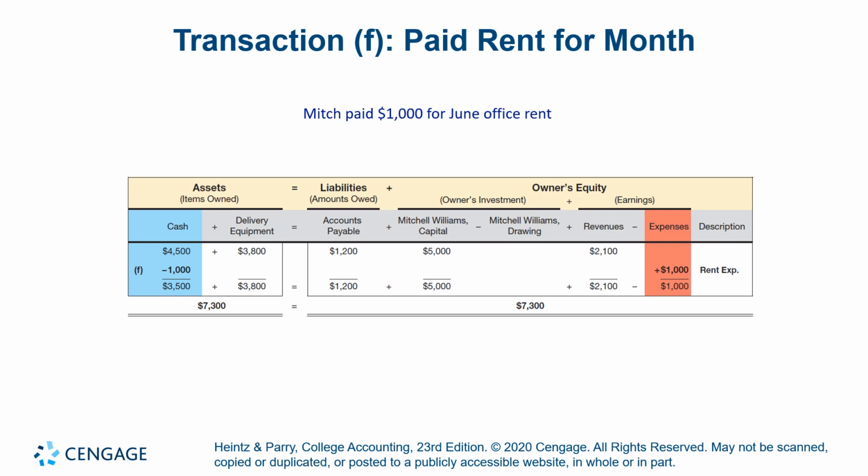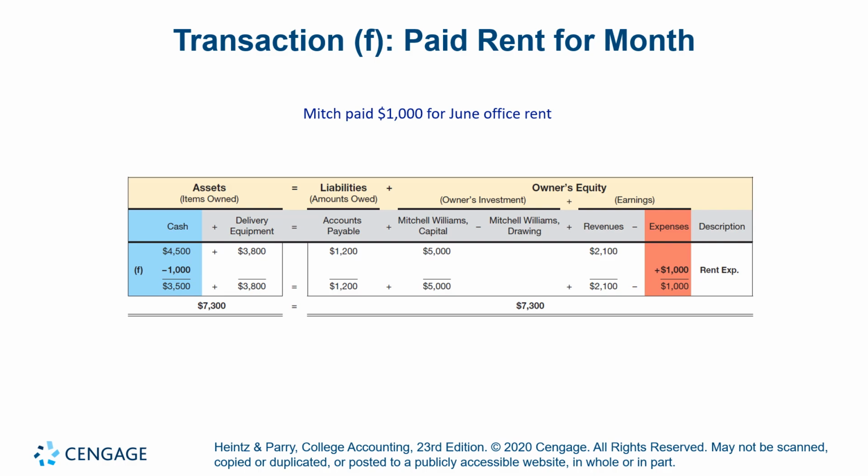In transaction F, we look at paid rent for the month. So Mitch paid $1,000 for June office rent. Just like when we pay our rent, our cash decreases from our bank account. So here Mitch took $1,000, so we put minus $1,000 from our cash, and then we also have to put